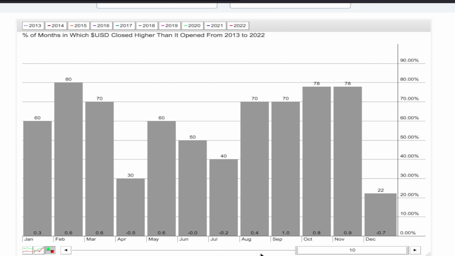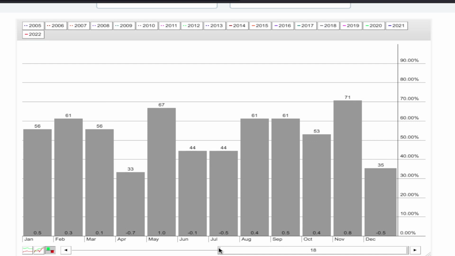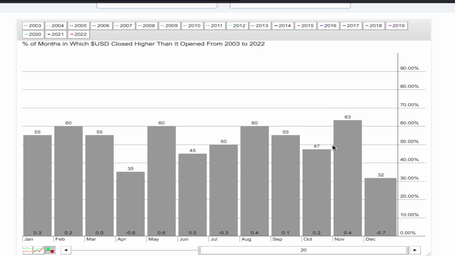Let's go straight to the 20-year and see what we have there. You can see that November is still strong, and December's a little weak. There was a pullback in the seasonality in regards to October, but then it pushes even higher, and you can see that December is still weak. So that's another confirmation in regards to seasonality that you want to keep an eye on, and just build up data and a profile on the dollar and see how far and how high it can potentially go in regards to time.